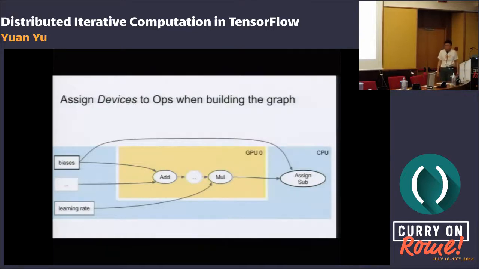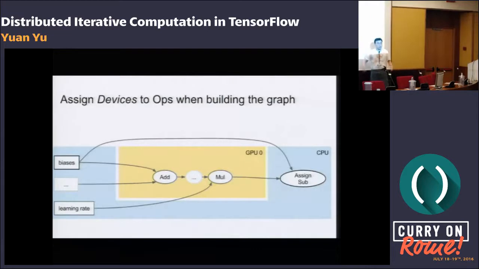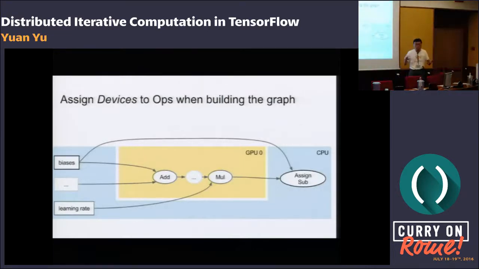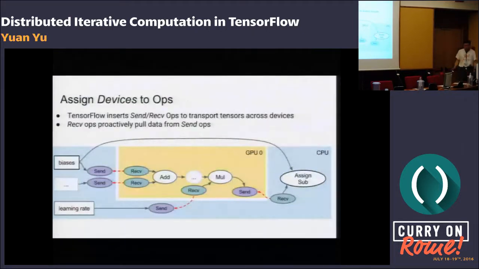So the way we execute this thing is, modulo some collocation constraints, TensorFlow can partition this graph arbitrarily based on some cost model of where to run each particular operation optimally. The system is going to decide to partition it in some optimal way, so therefore we can take advantage of all the computing devices. Obviously one of the problems is